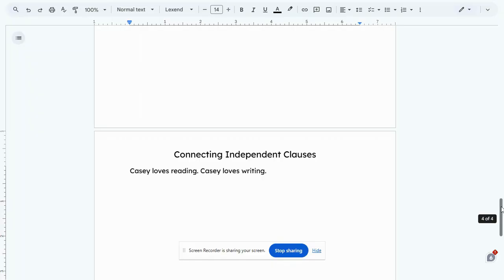If you want to change up your writing style and you want to change up your voice so it sounds more organic and more realistic, we could use things such as combining the ideas. Casey loves reading and writing. Or we could say Casey loves reading as well as writing. Both of these also kind of work. They combine the information